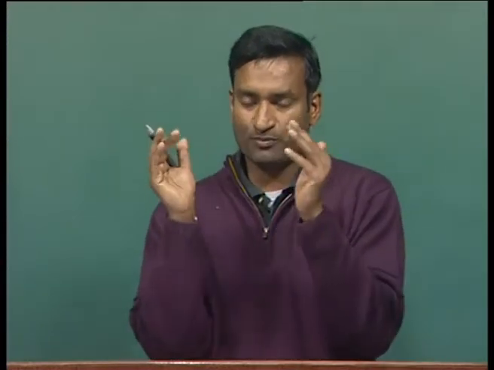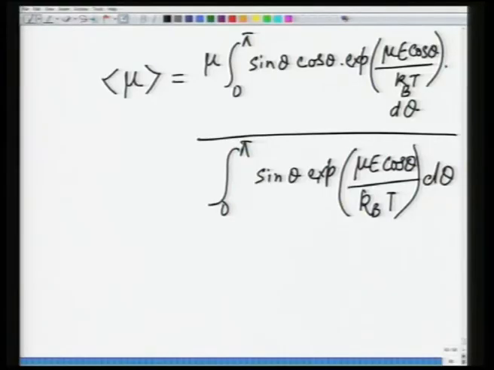which is due to all these dipole moments which are at some angle theta around the applied electric field, since they have a natural tendency to incline in the direction of the applied field. So there are always some, so there is a net finite dipole moment, and this is the average. What we have done is calculated the total finite dipole moment divided by the number of dipoles, and this gives rise to the average.